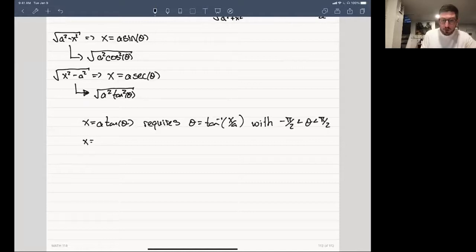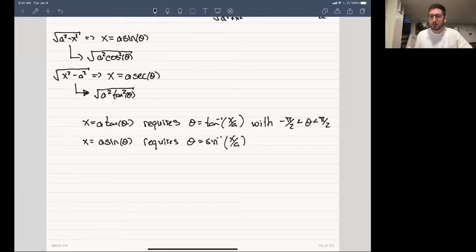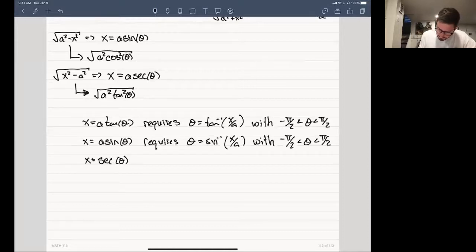Similarly, if you have the substitution a sine theta, this requires that theta is equal to, so just inverting on both sides, sorry, sine, S-I-N. So mostly what I'm doing here is I'm trying to remind you of some of the domains. So in this case, we have, again, minus pi over 2 is less than theta, which is less than pi over 2. And finally, for the secant of theta, this requires